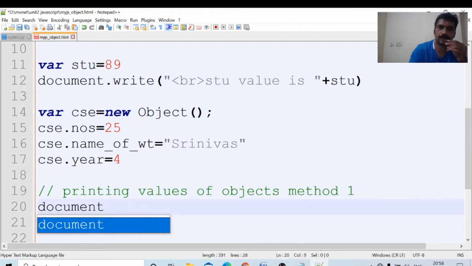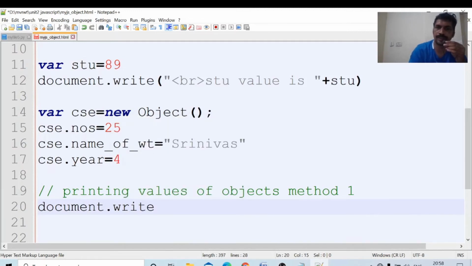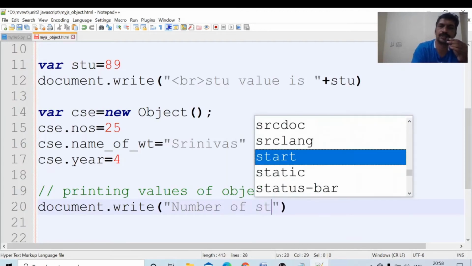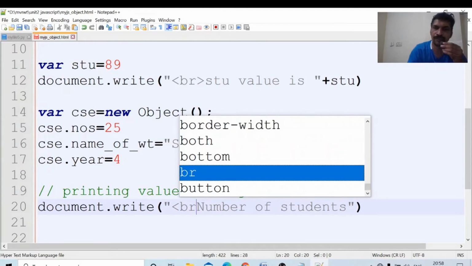Document.write. We will write this one. First one, number of students.